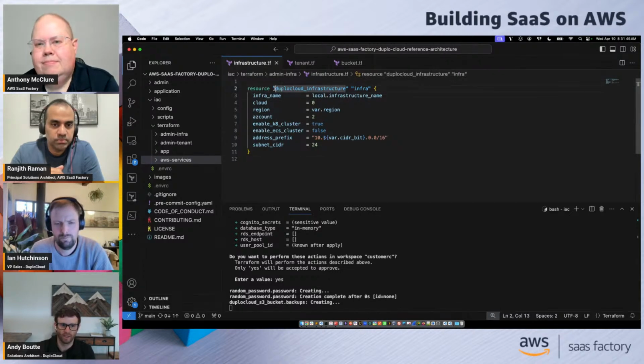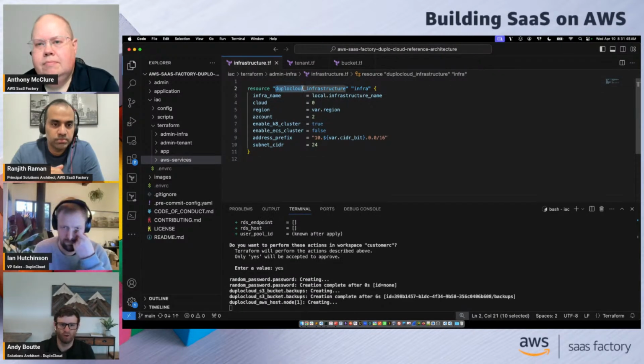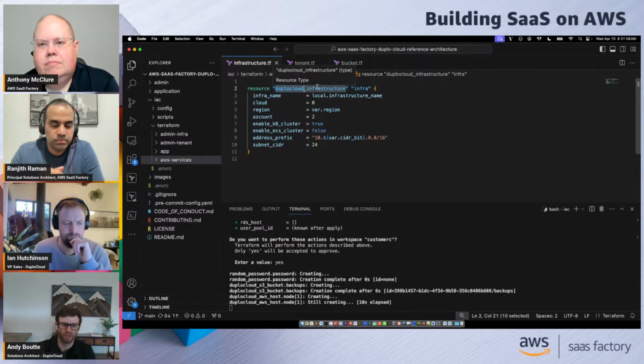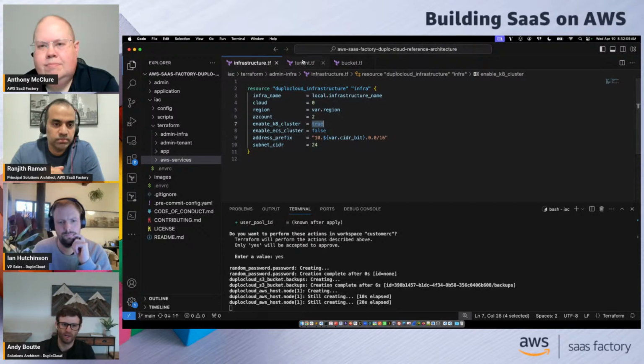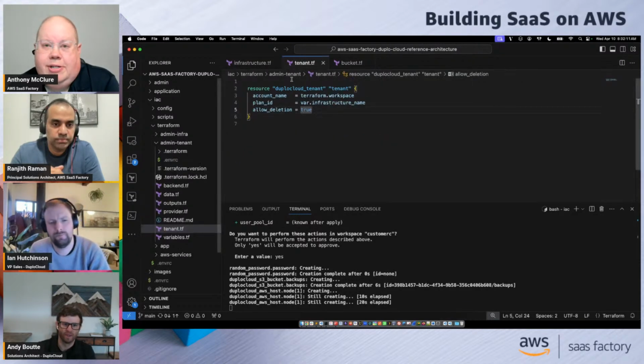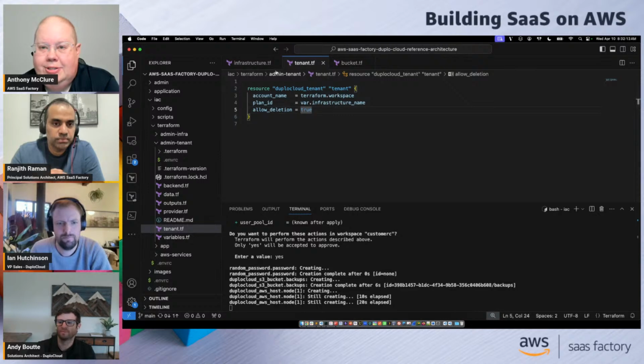This Terraform resource, again, is coming from our DuploCloud Terraform provider. This is the DuploCloud infrastructure. And you can see it's about 10 lines or so of Terraform, and we can create all those lower level resources. Again, the infrastructure represents the VPC and the Kubernetes cluster. So like Ranjit was just saying a minute ago, turning on Kubernetes is just a Boolean here. So very, very simple, lightweight to manage that. Looks very similar to the UI that you just showed, yes. But just in Terraform. Exactly.